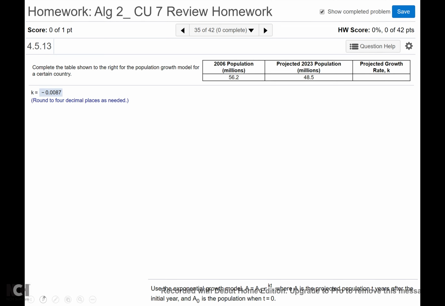Complete the table shown to the right for the population growth model of a certain country. Again, we're using the final is the initial times e to the k times t. So this time they gave me the population in millions for 2006, the starting point. So that's my A sub naught. This is my projected population when I use my model. Okay, so that is your A. They want me to find K,